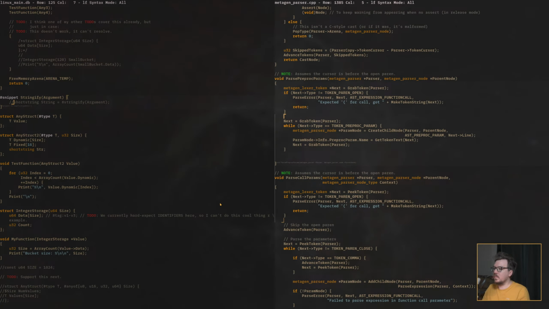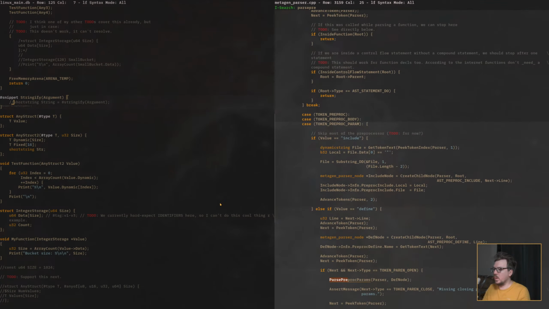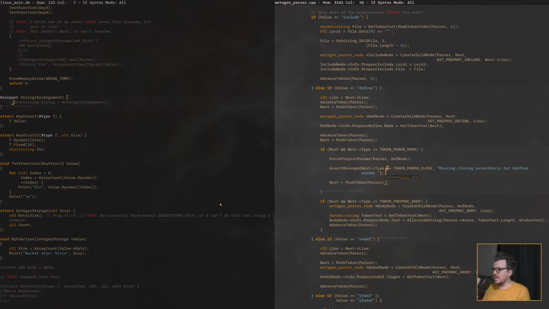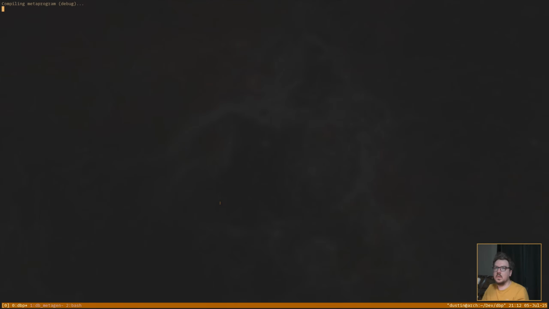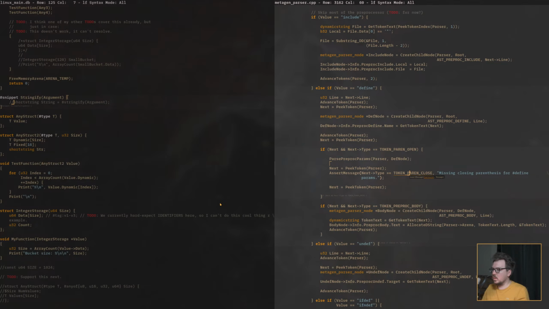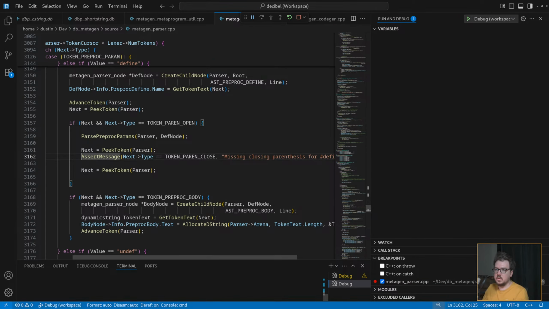After we parse them, we have to grab the next token again, because this skipped everything, and then we have to see what the next thing is. If we went into it with an open paren and parse the parameters, it should put us at the closing paren. Still didn't work, so let's see why.